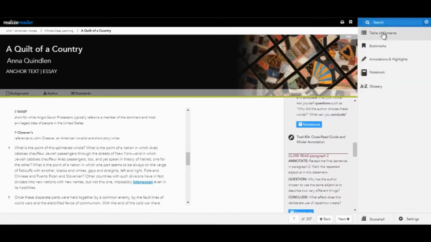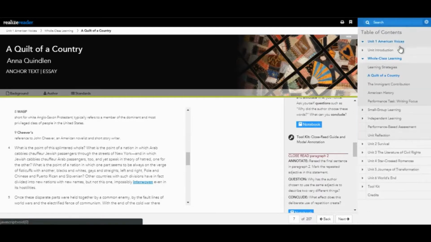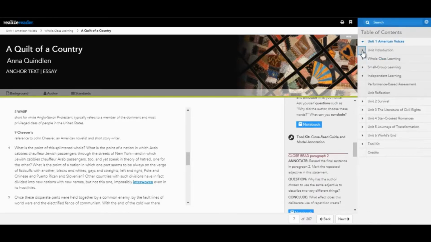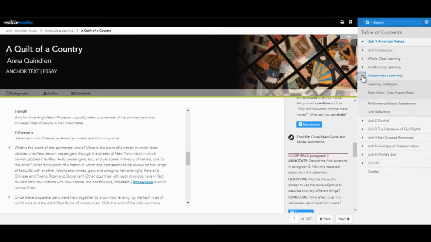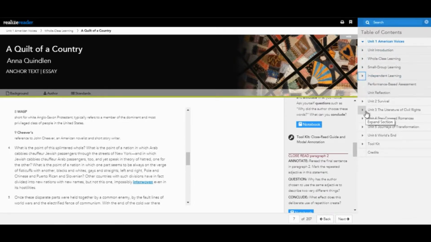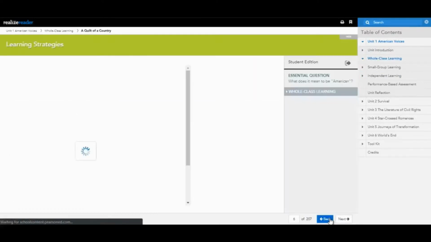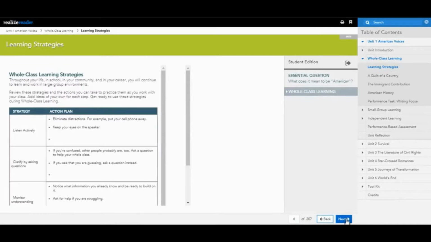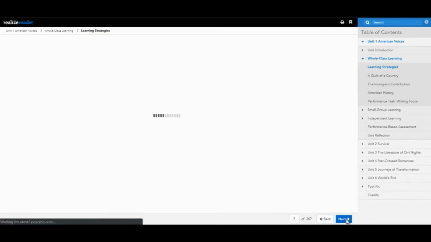myPerspectives incorporates a navigation system that makes students feel comfortable and allows them to find the content they want quickly through a variety of navigation options. Students can jump around using the table of contents menu, the back and forward button on the bottom navigation bar, or simply by typing in a page number to quickly go where they want to be.